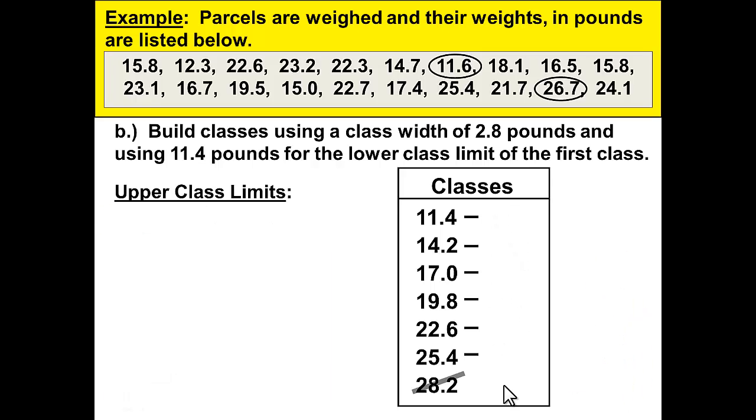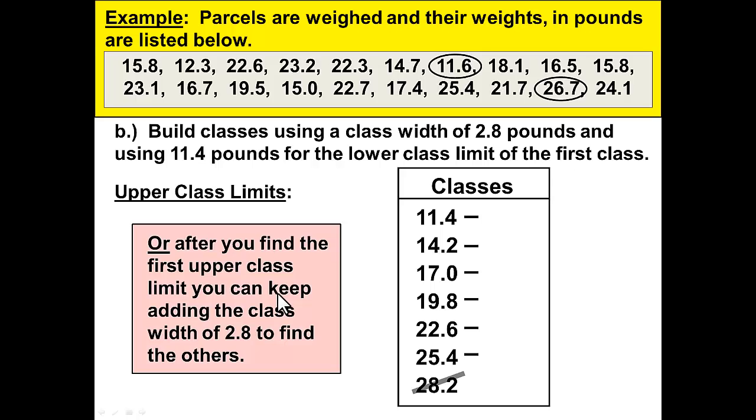There is a second way to finish up the upper class limits that involves using the class width more than the gap between the classes. You find that first upper class limit the same way: 14.2 and then take away 1/10 and get 14.1. But instead of using that gap for the rest of them, you can use the class width because the class width will be the same on both sides. You can use the class width of 2.8,